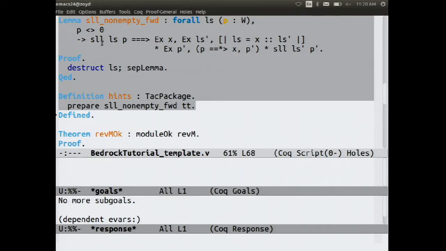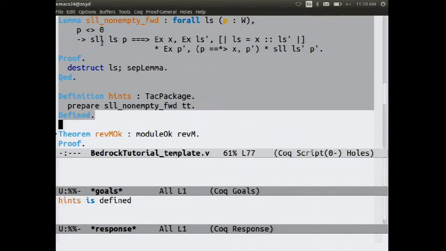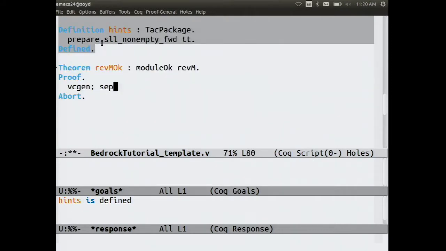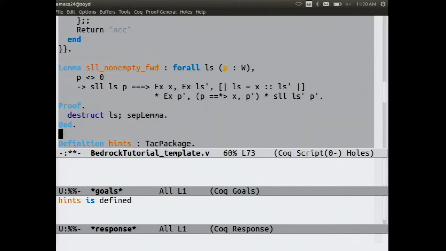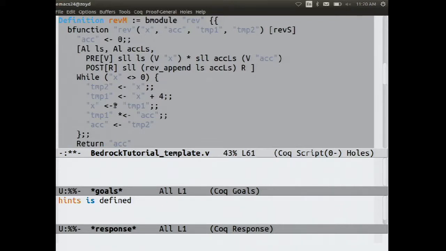Now I can do things a little differently. I'll just pass my hints as the argument to that tactic. And we should hope to make a little more progress this time, because now when we get to the point of reading here, we will see that this address is actually in scope, because that lemma will be used to break a list up into a known con cell and the rest. And we'll see that the memory access happens in the known con cell and is therefore okay. It's not going out of bounds. It's not touching someone else's memory that we weren't supposed to have anything to do with.